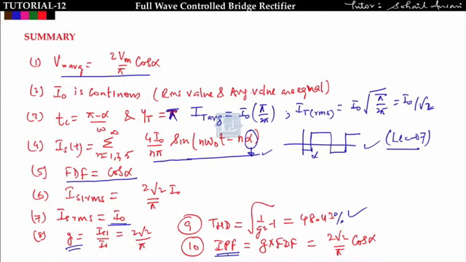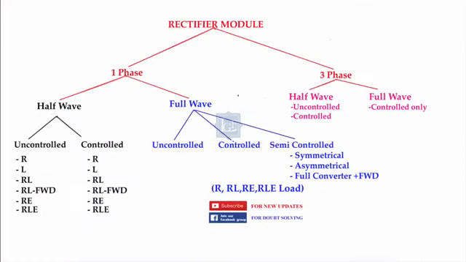Now the last one, the input power factor is equal to G into fundamental displacement factor. If you know the Fourier series, then you can find it like this, that it will come out to be 2 root 2 upon pi into cos alpha. Or if you don't know the Fourier series of any kind of waveform and you want to find the input power factor, then put P in equal to P out and you can find the input power factor. That's all about this lecture.